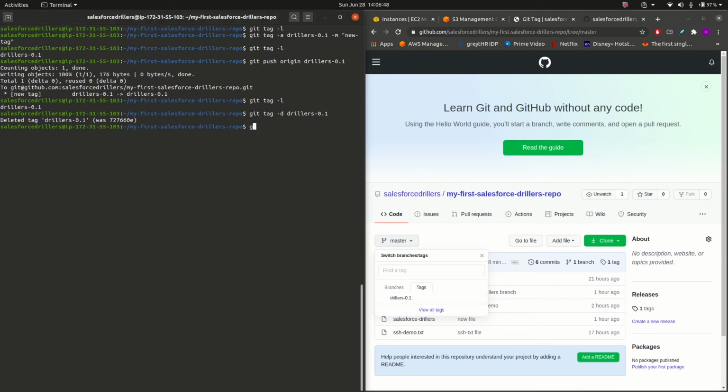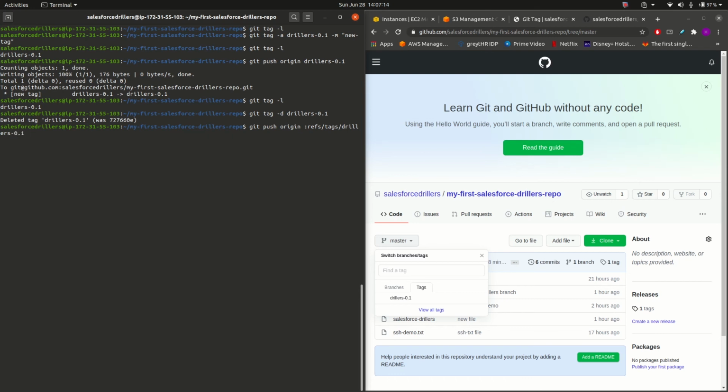The command is git push origin --delete refs/tags, then the tag name, that is drillers-0.1.